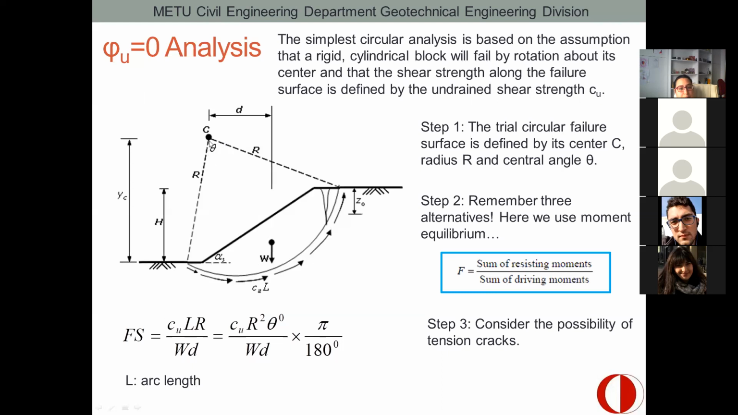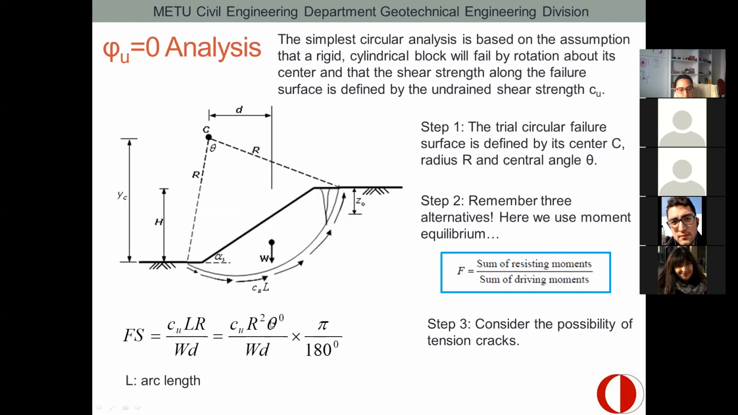Now I'm taking moment with respect to point C. What is the moment arm? What is the moment arm, everybody? R. R is my moment arm. So the resisting moment is equal to Cu, undrained shear strength, times the arc length that I calculate from geometry, times the radius. Okay. Here, I can replace the arc length with